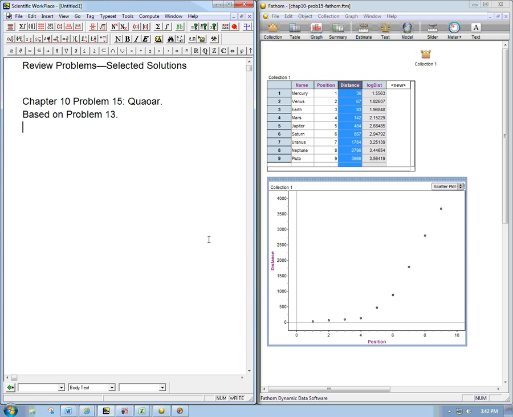Here's a solution to Chapter 10, Problem 15 from the review. The main thing is that this is based on Problem 13, where you looked at the table of planets, their position numbers, and their distances, and tried to come up with a model. And what we notice, if we just go back to that, if we do the scatter plot of